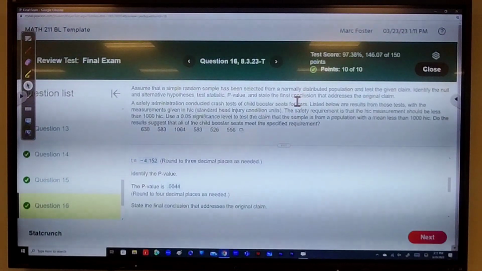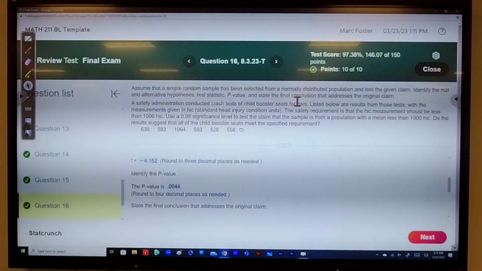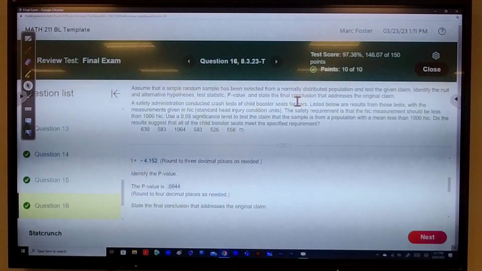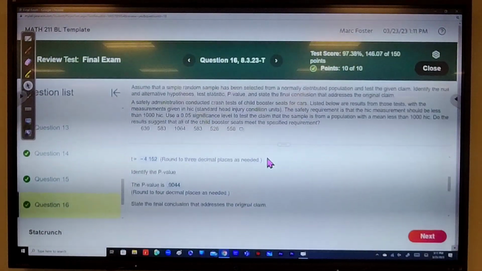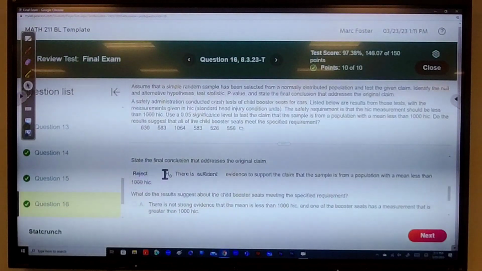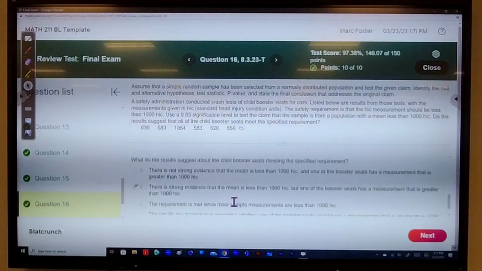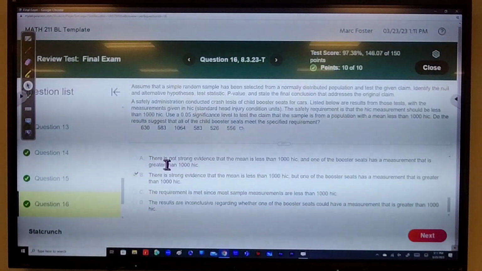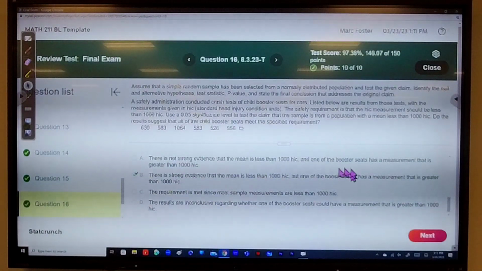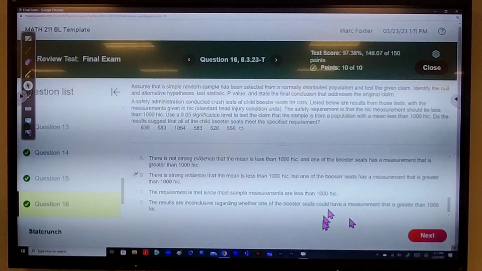And sometimes instead of saying warrant rejection, we'll say support the alternate. So your conclusion would be fail to reject H0, there's insufficient evidence to support the claim. Right. And then you'd have, there is not strong evidence that the mean is less than 1,000, but one of the booster seats is greater. It's greater than